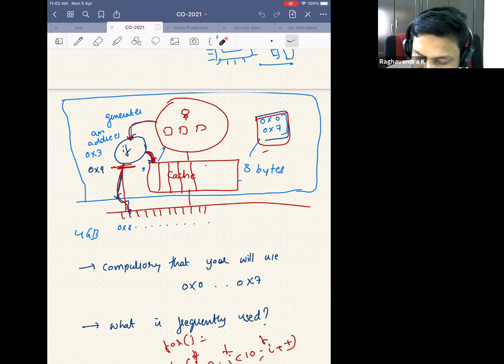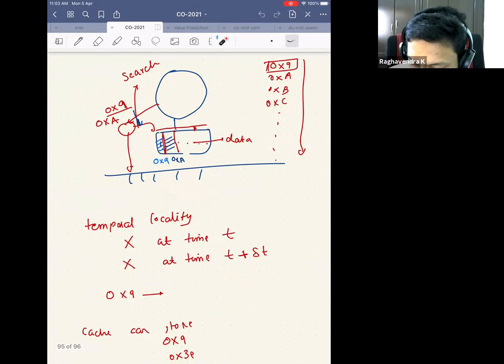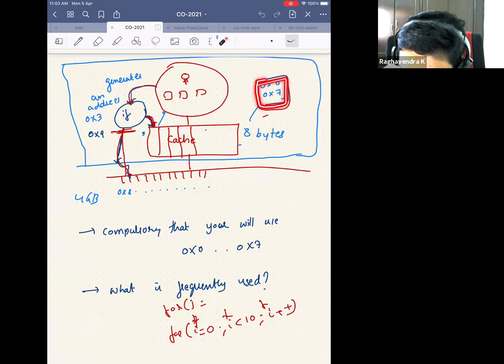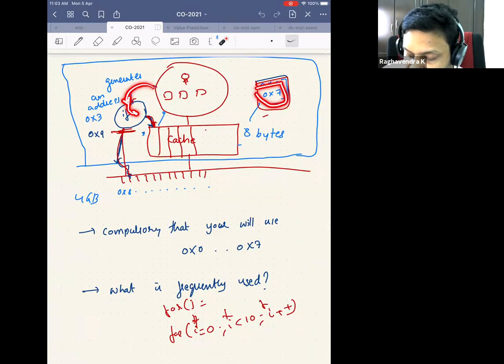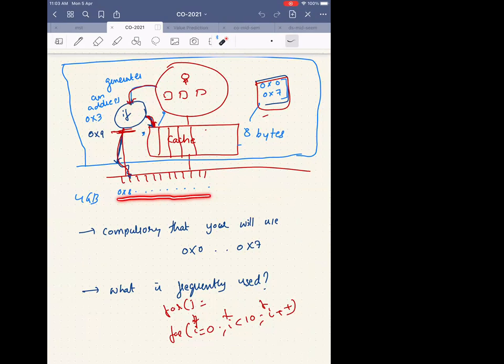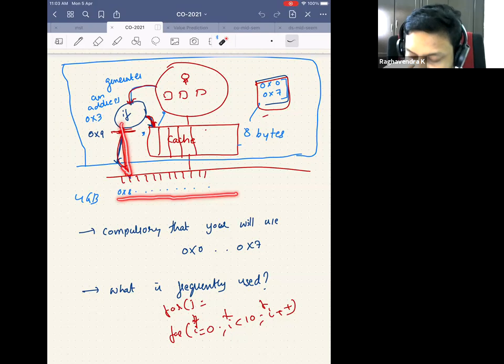So then we asked, what will be stored here? That's where we were in the discussion. Do we store just addresses? Do we store only addresses from 0x0 to 0x7, which means the first 8 bytes of the program I will store here, and the remaining I will store in main memory? Then it's a very straightforward access. I just check if the address is in the range 0x0 to 0x7. If so, I access the cache and give back the data. If it is anything above 0x7, from 0x8 onwards, I go to the main memory and fetch the data. This is where we stopped.